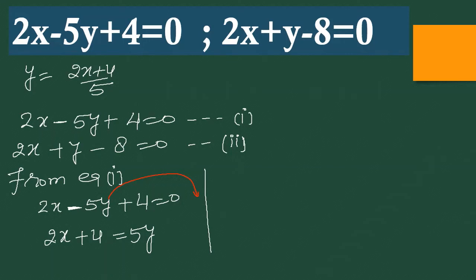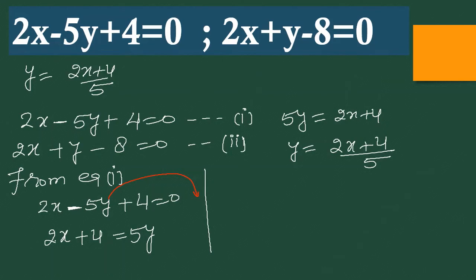5y is equal to 2x plus 4. Okay, so y equals what would come, (2x plus 4) upon 5. So now the same thing arises here. Here we have to think which values we should take so that it will be easy to calculate and easy to understand. So suppose I am taking x equals 1. So 2 into 1, 2, plus 4, 6 by 5.